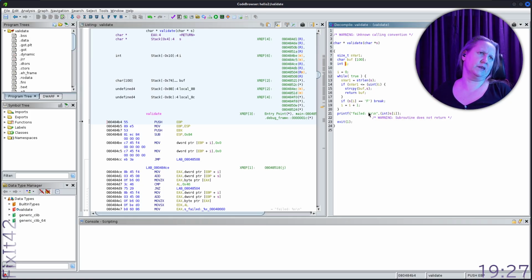So it's a loop. It's just a loop with i here. i increases every lap. So it's not really infinite because it's